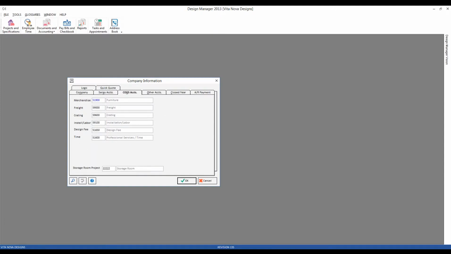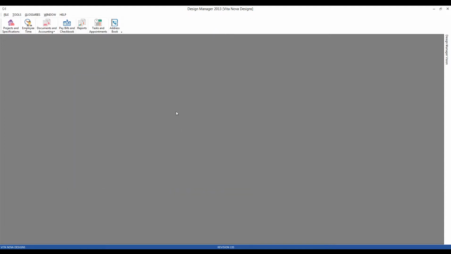Which brings us to our next point, the concept of sales categories in Design Manager. Sales categories are an extremely important concept in the software. They allow us to classify the goods and services when we're selling to our clients at the item level, and can be used to answer questions such as, how much profit did I make on furniture this year, or what was my total cost on artwork for the Smith project? Design Manager comes pre-configured with a set of sales categories, but you can fully customize them to mirror your particular